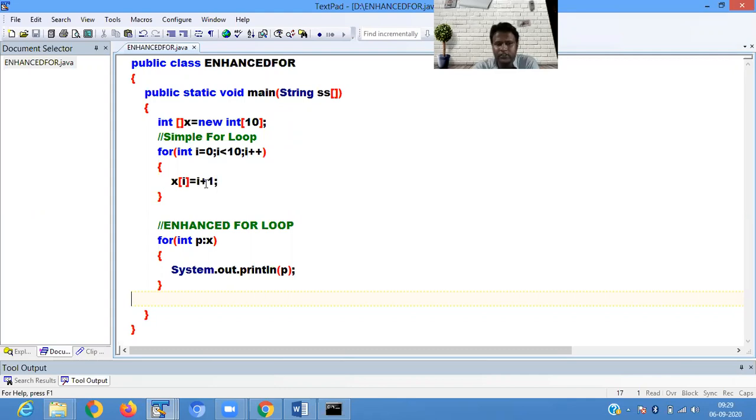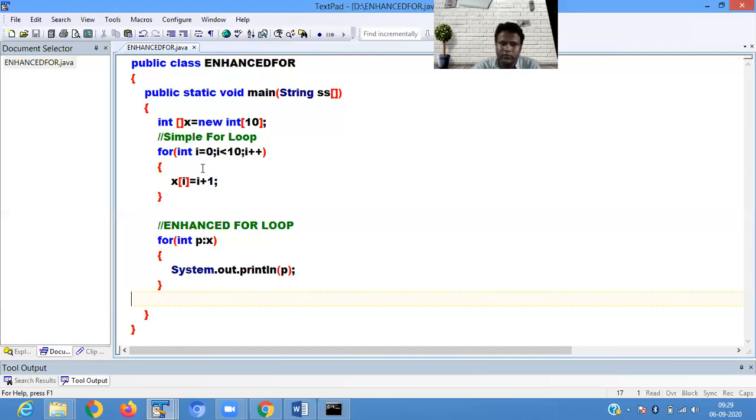So condition is true. So in X array 0 index, 0 plus 1 value is stored here. Okay. Then int p colon X. So whatever elements are stored in the X come to the p. First of all, it is storing all the values, like 0 to 0 less than 10 means it stores the values 1 to 10.